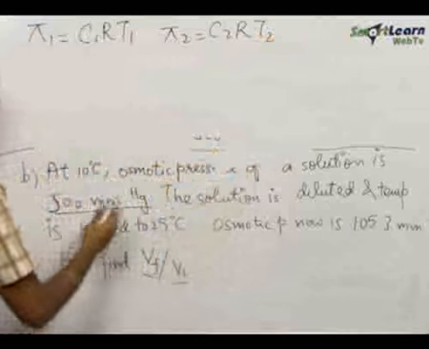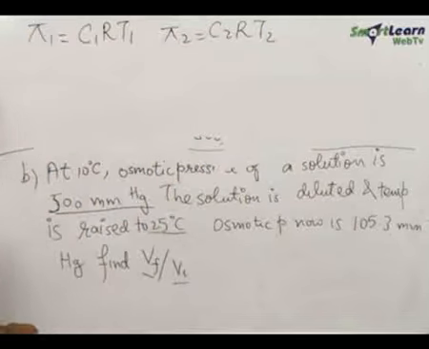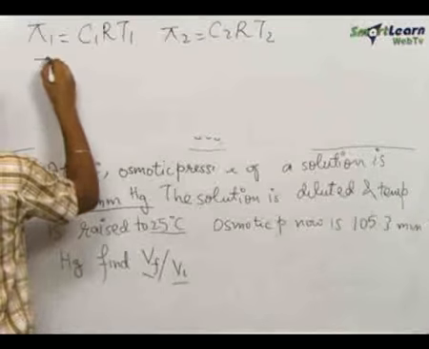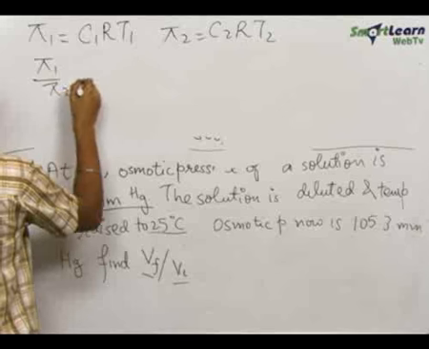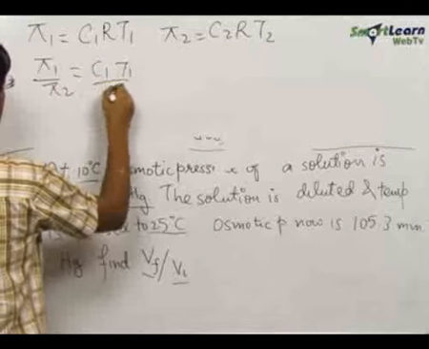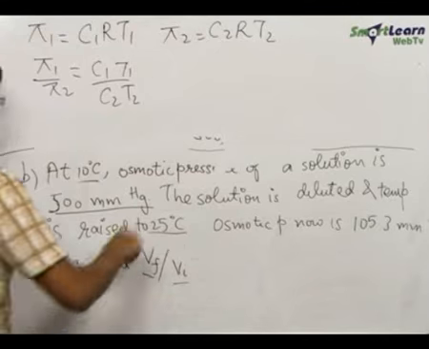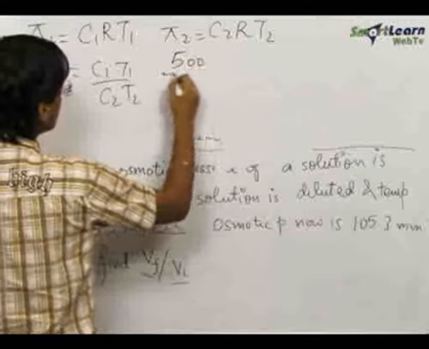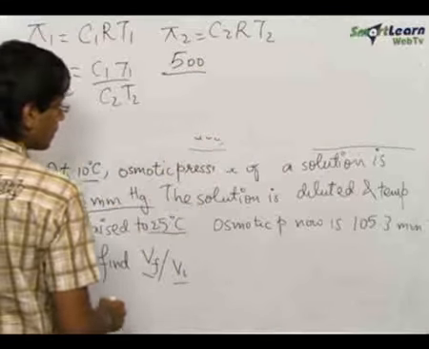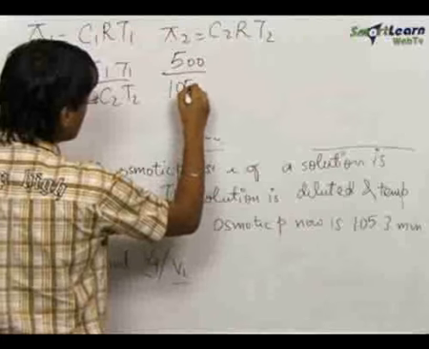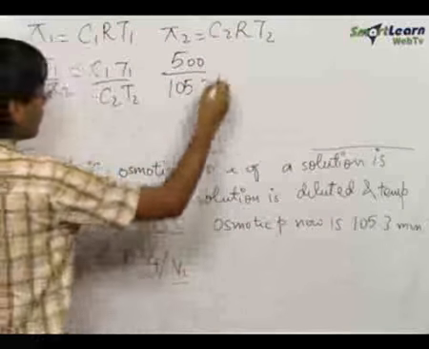If temperature T2 is 25 degrees Celsius and temperature T1 is 10 degrees Celsius, let us take the ratio pi 1 upon pi 2 is equal to C1T1 upon C2T2. Our initial pressure was 500 divided by the final pressure, which is 105.3, is equal to, let us say